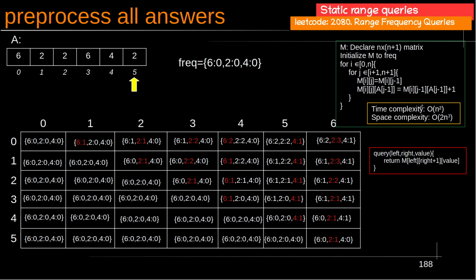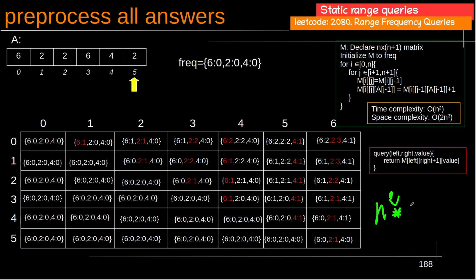The time complexity: the pre-processing time complexity will be big O of n squared, quadratic, and for space complexity we have 2n cubed. Why 2n cubed? Because we have n squared elements, we have n squared size of the matrix, and for each cell, in the worst case, it will be multiplied by